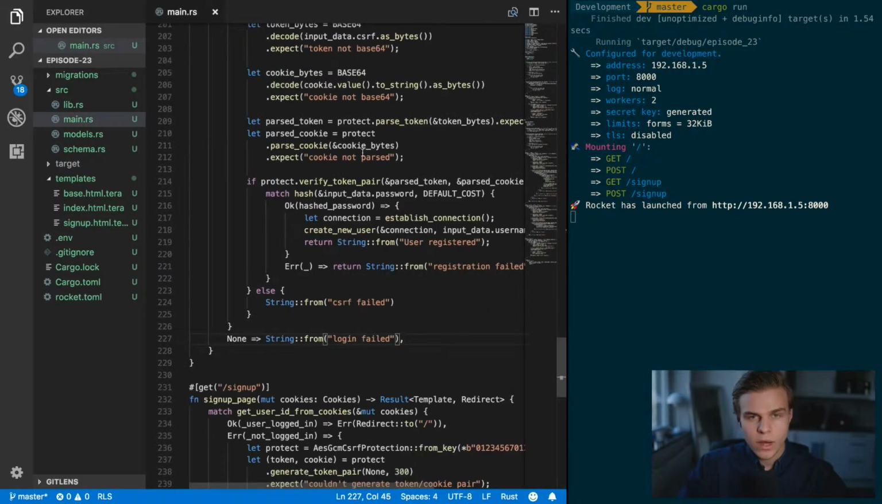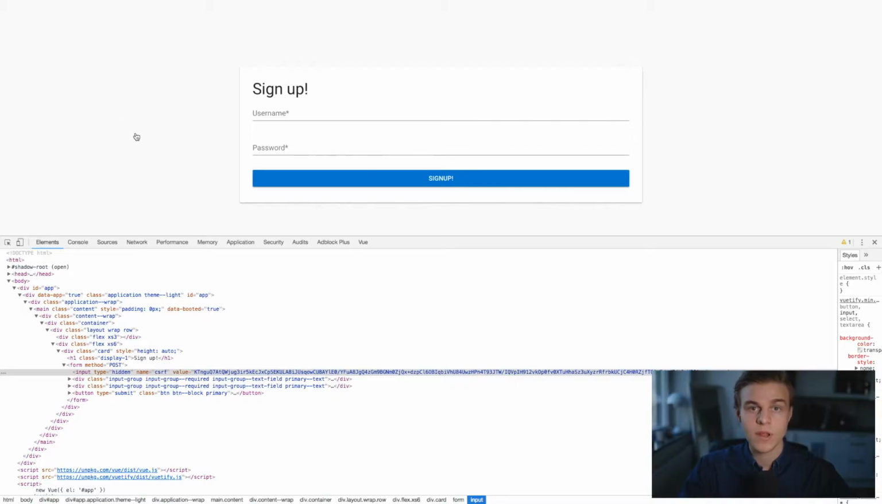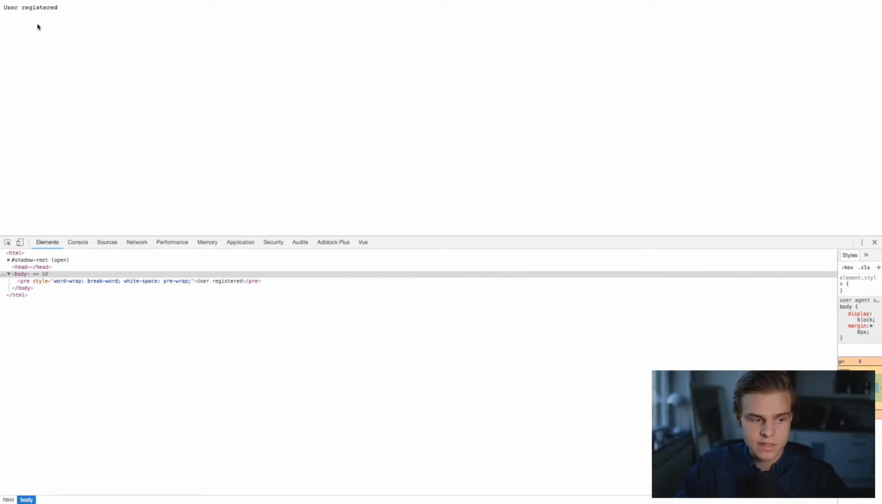So this was quite a messy way to add CSRF, and in the future we're going to improve this a lot. And this is our sign up page. So you can see we also have the CSRF right here. So we can try creating a new account. So I'm just going to copy and paste some arbitrary username and password. And as you can see, it still says user